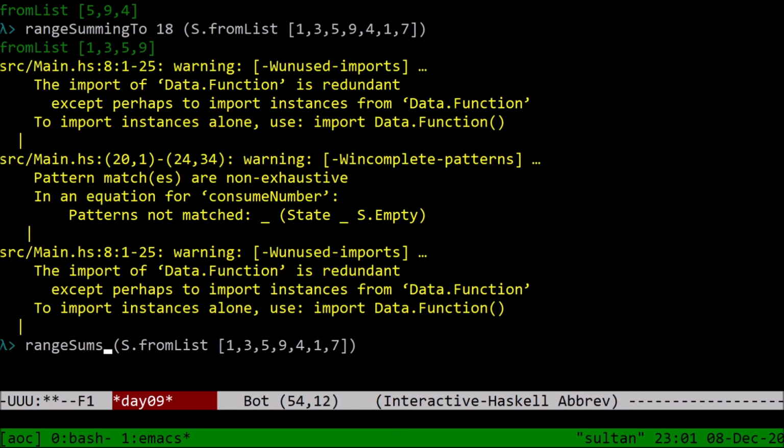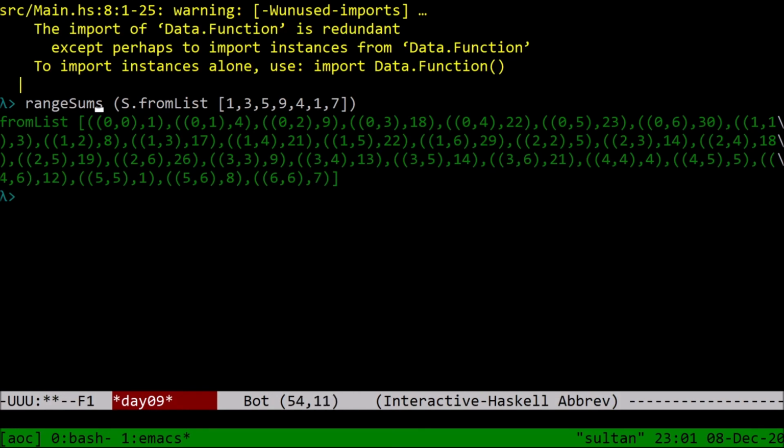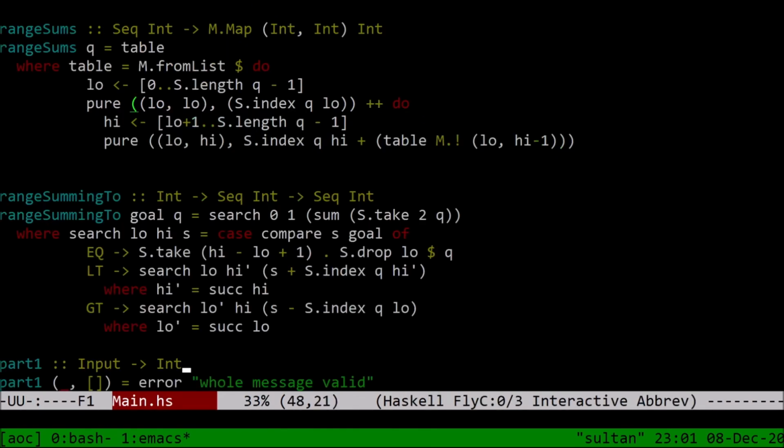Range sums of this. We would get a sort of large list, right? It says for 0, 0, you get 1. For 0, 1, you get 4. For 0, 2, you get 9. This all makes sense. And if we look up, like, I don't know, 1, 4, we get 21. That's 3 plus 5 plus 9 plus 4. It's 14, 18, 21. Yes, this looks correct. Okay. So now we can do part 2